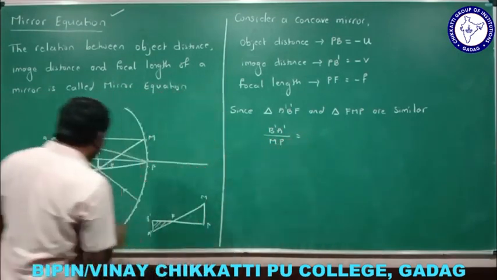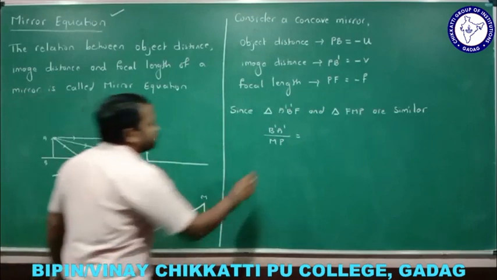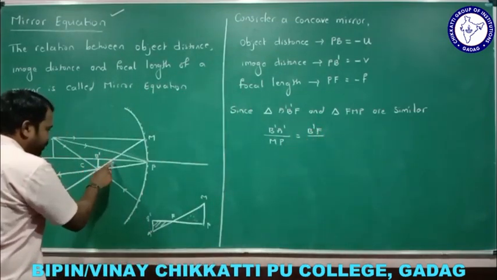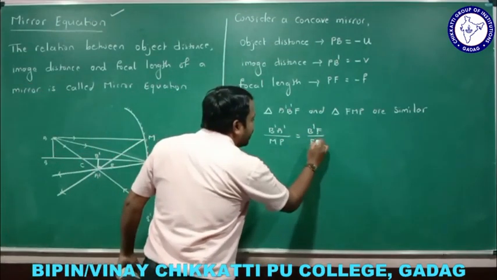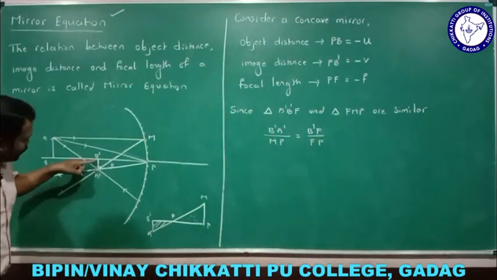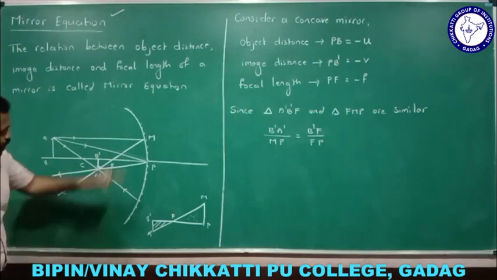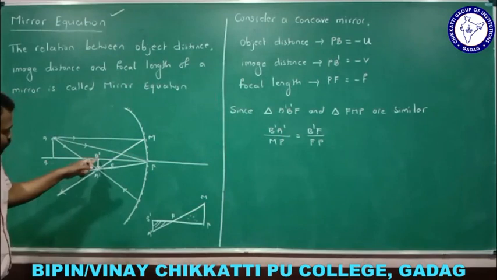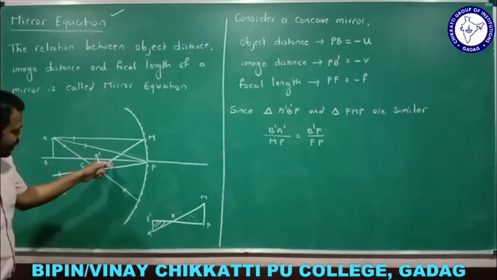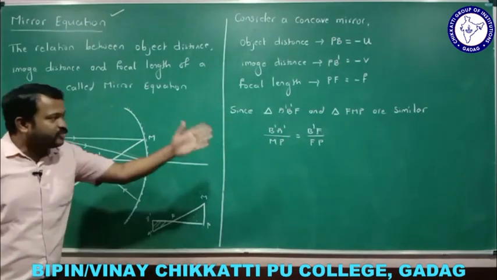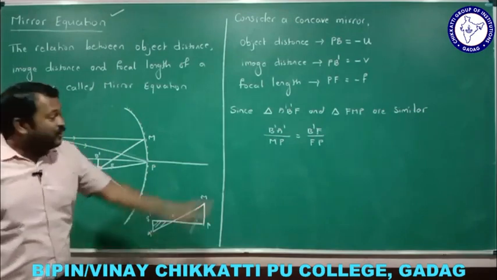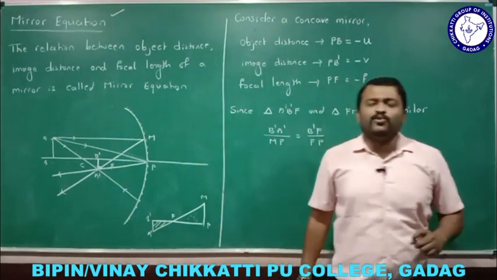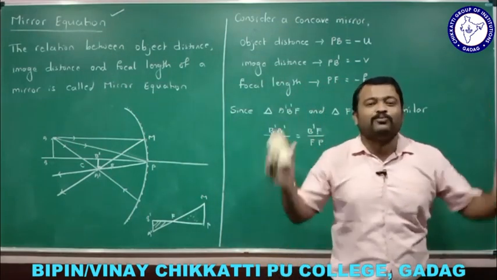MP, that will be equal to B dash F. Shall I take like this? B dash F divided by the corresponding side of B dash F, which is FP. Let me take FP, right? See here, B dash A dash divided by MP. The corresponding side of B dash A dash is MP, right? Then B dash F divided by FP. The corresponding side of B dash F is FP. So B dash F divided by FP. Here we are following the rule that if two triangles are similar, then the ratio of corresponding sides are